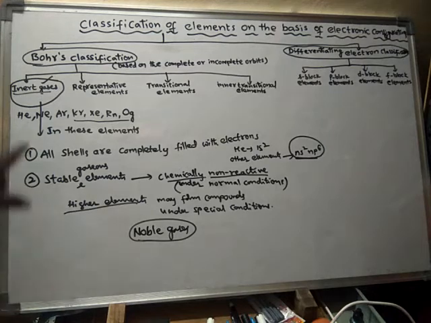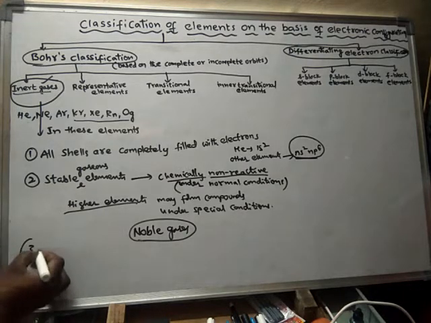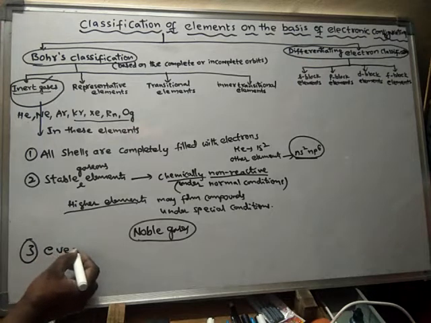But still we are using the name inert gases also. Noble gases, and they are also called rare gases, or else aerogens, or else simply eighth group elements or zero group elements. So with different names we call them. Right. Next, every period ends with